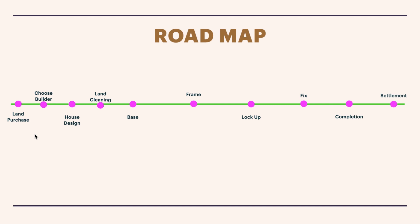then we went through the house design process with the builder, then we had to do land cleaning, and that's when our file got transferred to the construction phase, which is basically where our file got transferred to the construction department of that particular builder. Well, moving on,